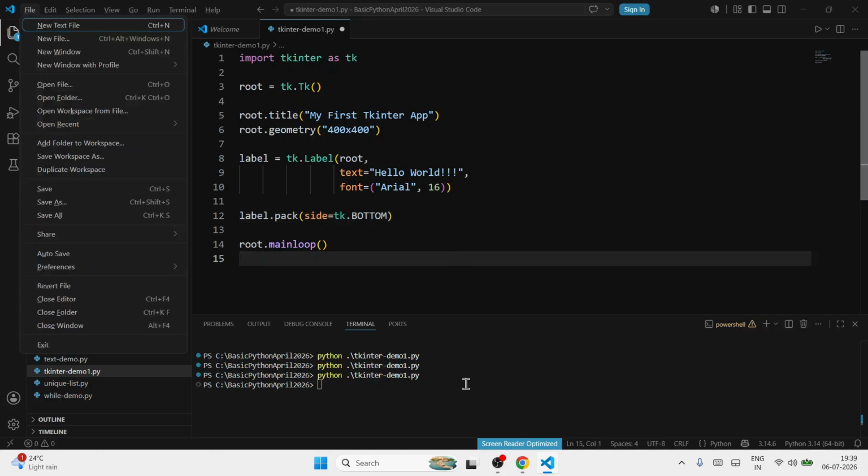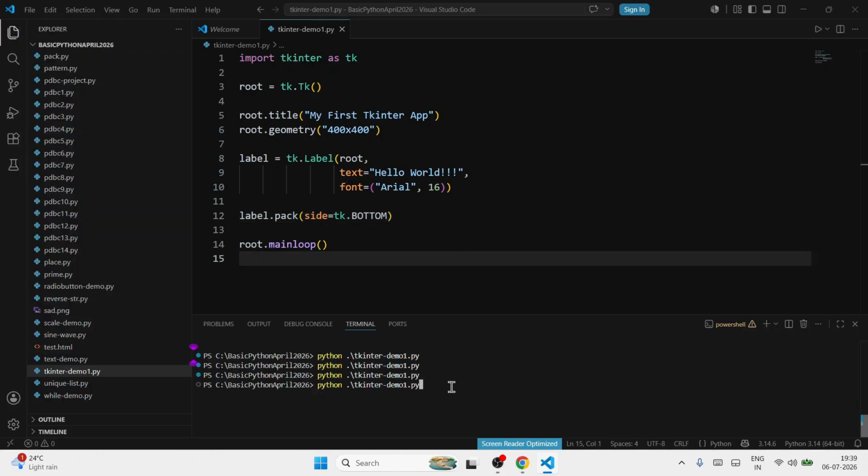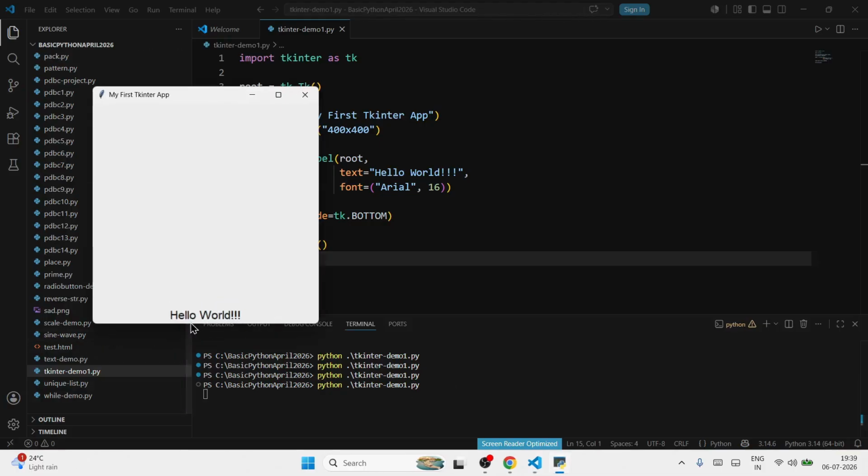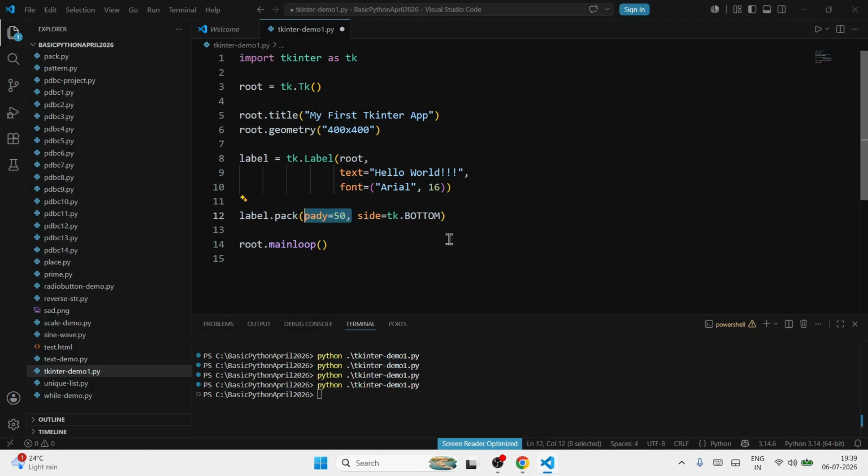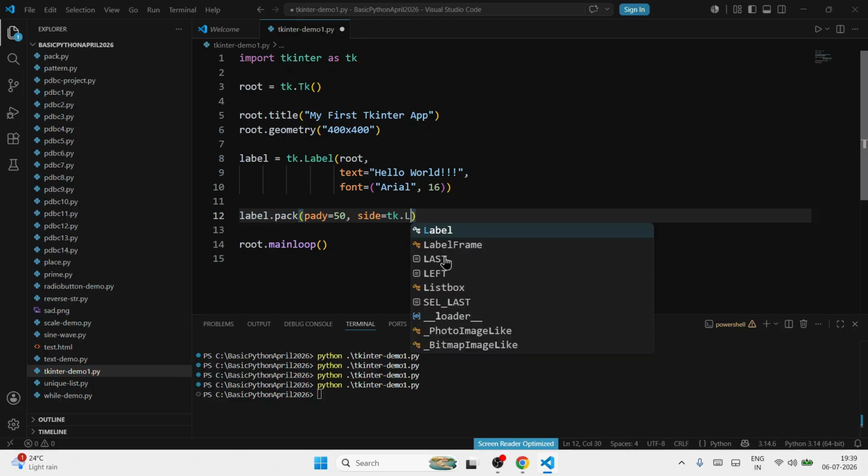Is it stuck to the bottom? So between the boundary and the widget, there should be some space. That space you can decide by pad y. And in the same way, instead of bottom, if you give left or right,